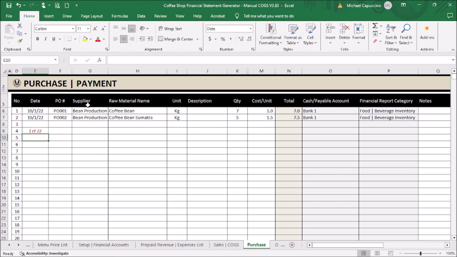If the transactions are payables, you can set account payable at cash/payable account column and inventory in financial report category column. But, when you paid the payable, you need to select cash/bank name in cash/payable account column and account payable category in financial report category column. As you can see in the samples, you can write individual transactions by item or summary of your daily, weekly,